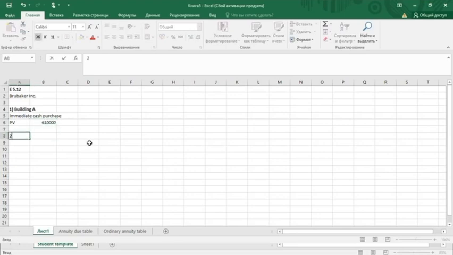So here you can see the table, and here we need to find N25 and rate 12. So the present value interest factor from the table is 8.7843. So by just multiplying present value interest factor and payment, I have found that PV is 614,901. Then finally looking at building C, it said that purchase is